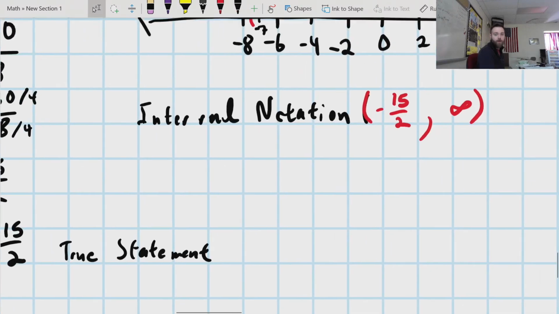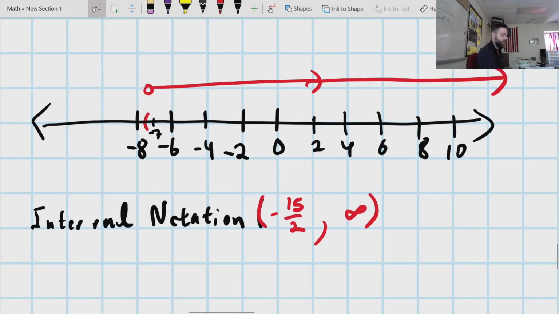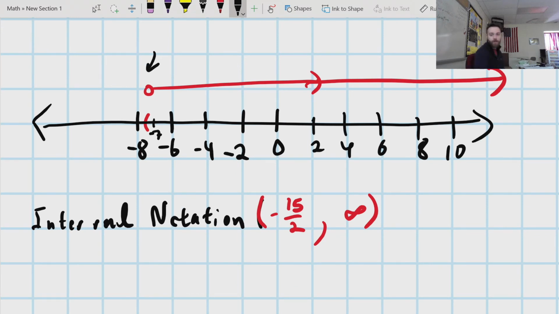The only numbers that won't work is negative 15 over 2 itself, because negative 15 over 2 is not greater than itself, and then any number less than that, okay? So